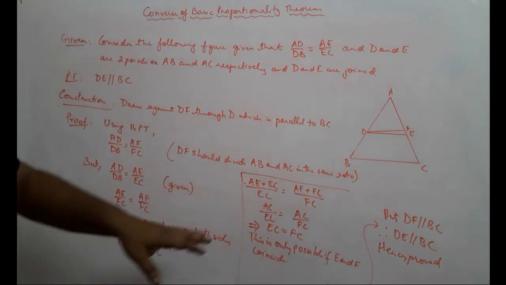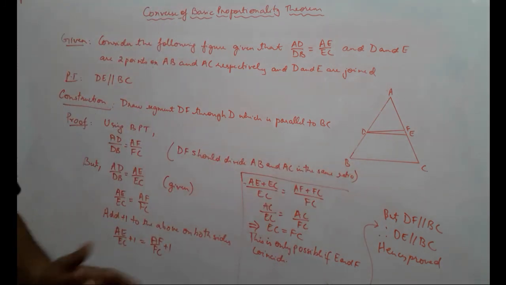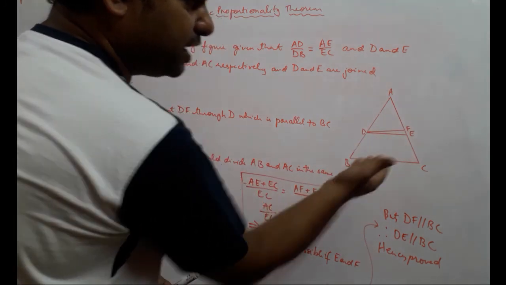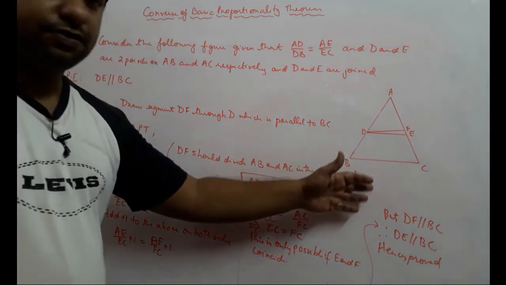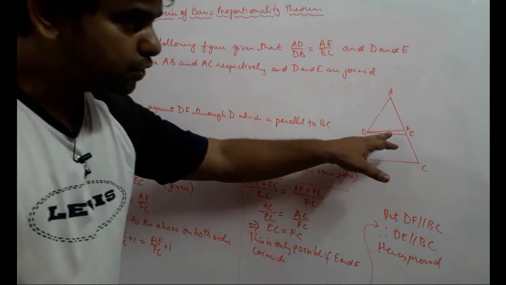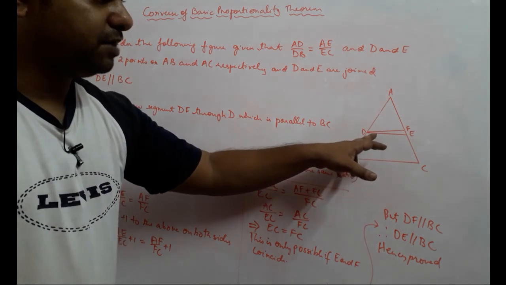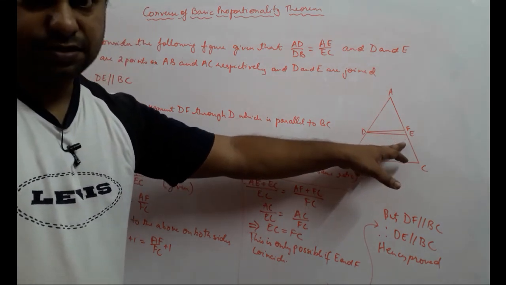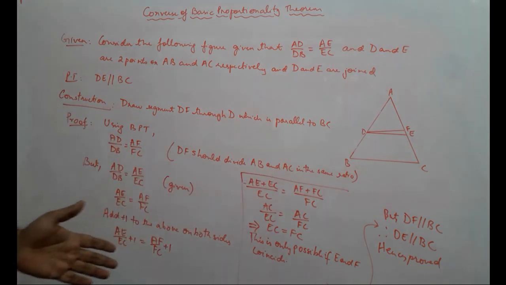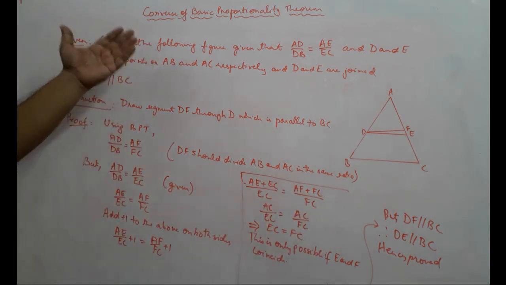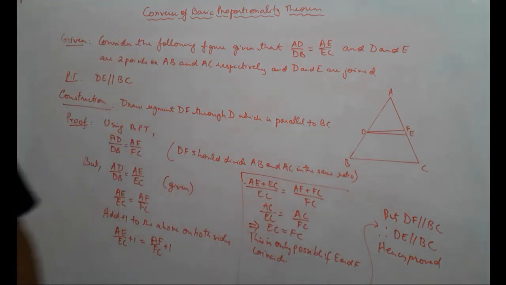Do not go by this figure. You might ask how DF is parallel to BC when they are two different lines. This is the geometrical way of proving it, and it shows that there are two lines. Otherwise, if you were to coincide these two lines, you would not be able to distinguish DF from DE. So this is just to help you differentiate between the two lines in order to prove our theorem. So this is the converse of the basic proportionality theorem. Thank you for watching.